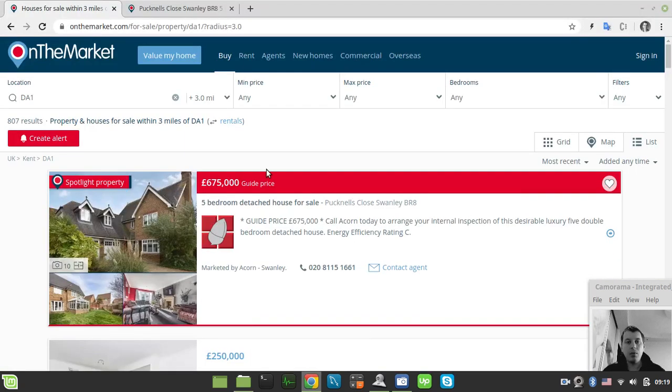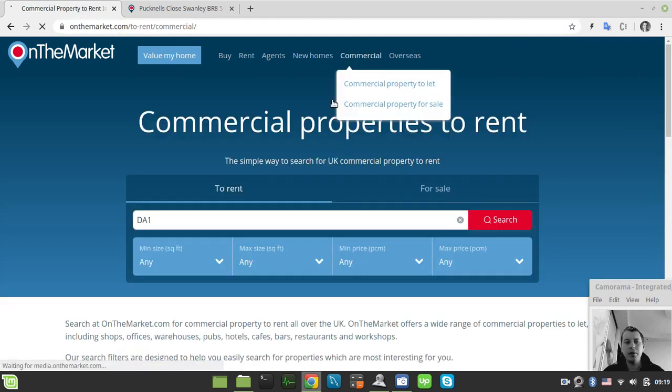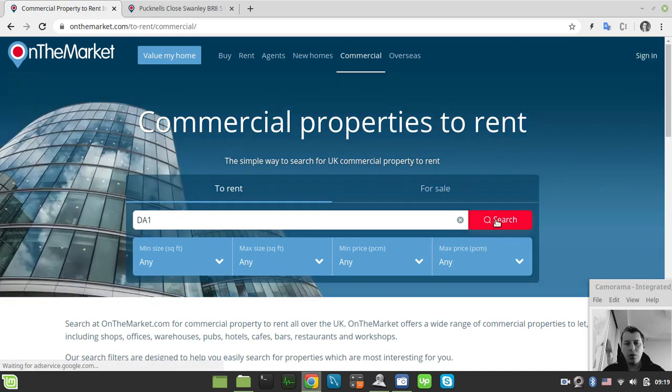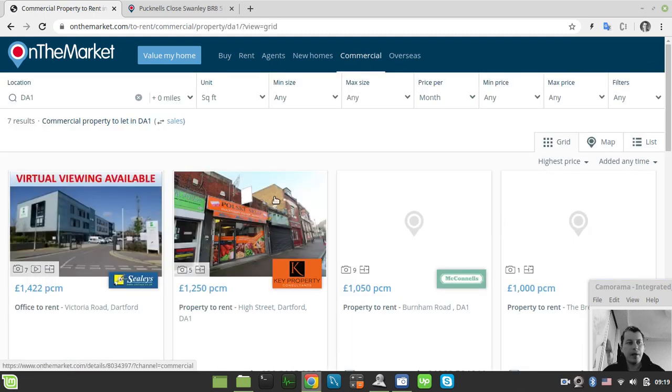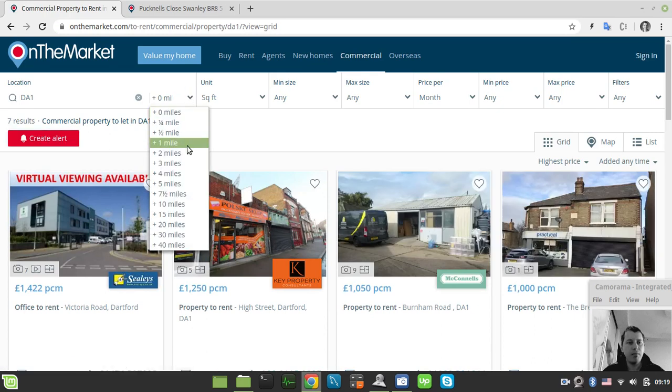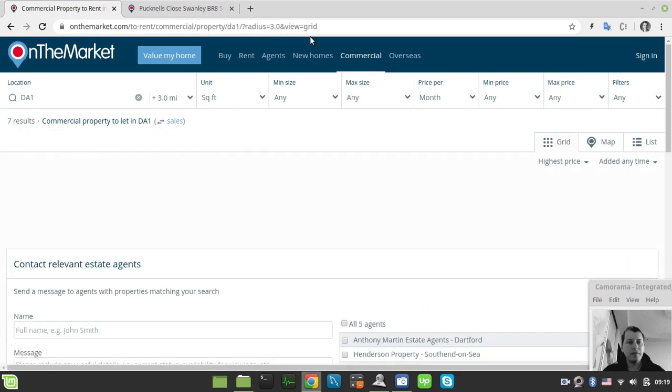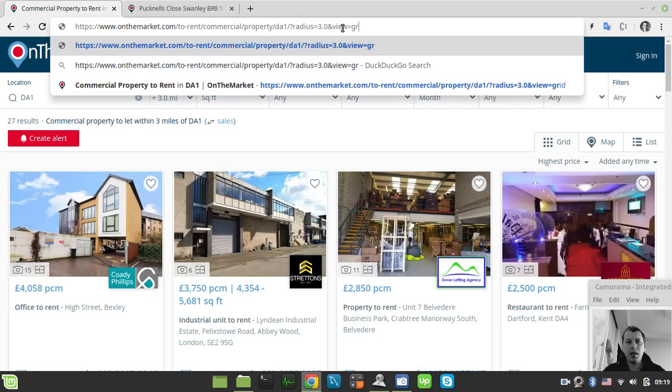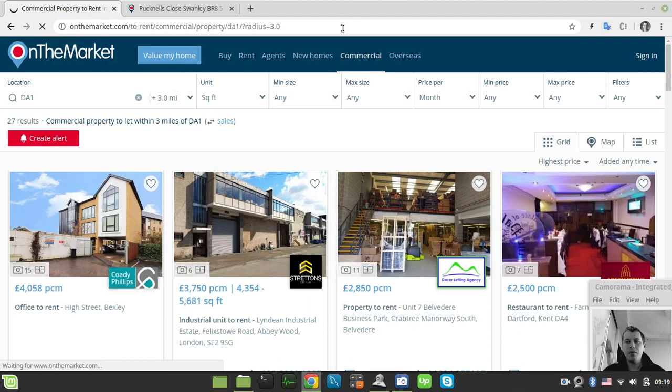So I will need to scrape commercial properties sale and rent, and also residential sale, rent, and new homes, and maybe something else, but now let's focus on these ones. So it seems like I just used the for sale, but let's actually move to commercials, because I used to start with commercials. So let's try to search this stuff again, and let's specify the miles. So okay, and I want to view the grid basically,